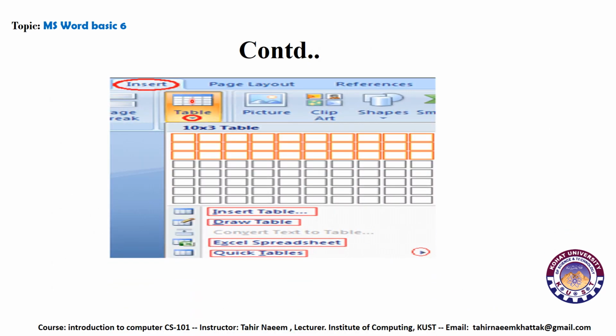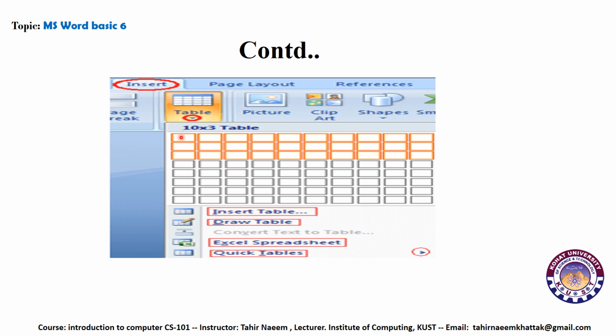So when we click on the table group, these options appear, box-like shapes appear before us. You can see that these represent cells or boxes. These boxes represent columns. So in this option we have selected 10 columns and 3 rows.